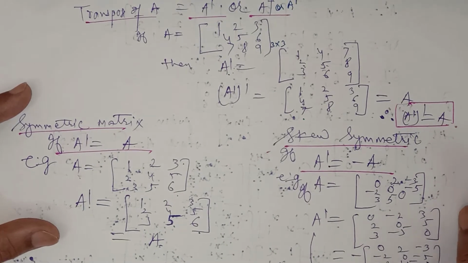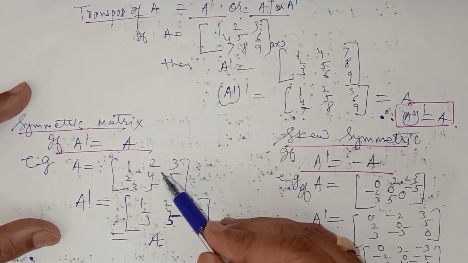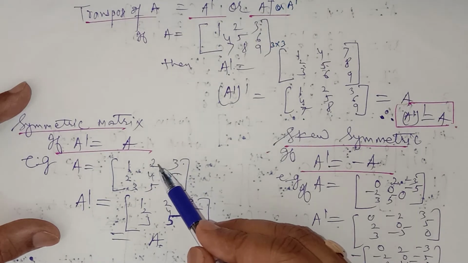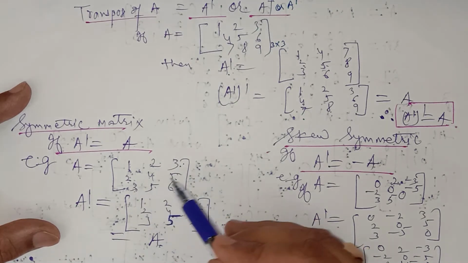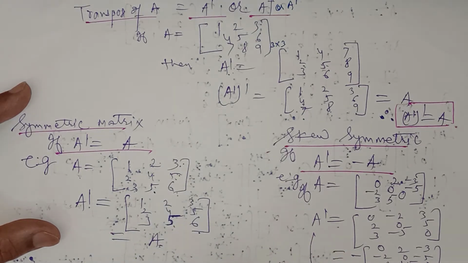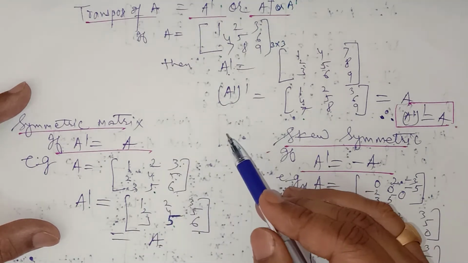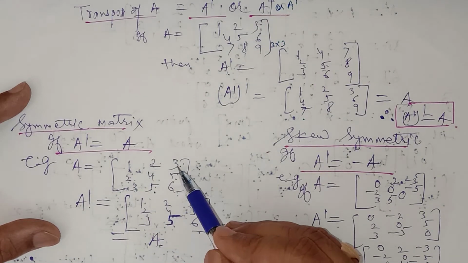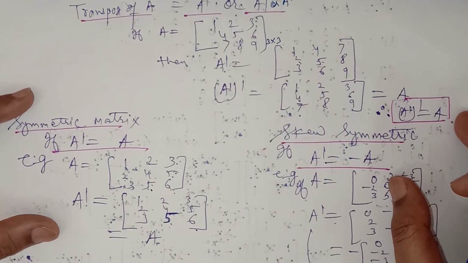Now how have I written it very quickly? You write any elements on the diagonal, 1, 4, 6, and any elements above this diagonal. So I've taken 1, 4, 6, and 2, 3, 5. Whatever element you have written here, you write it here, the same here. Whatever element you have written here, you write it here. You will always get a symmetric matrix. Write any element on the diagonal, any elements above the diagonal, and replace the same element from here to here, this element the same here, this element the same here. You'll always get a symmetric matrix. In short, you can write it like this.